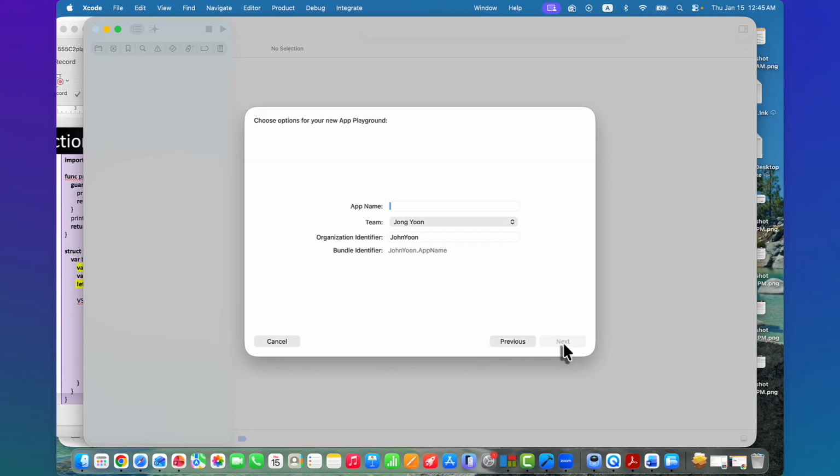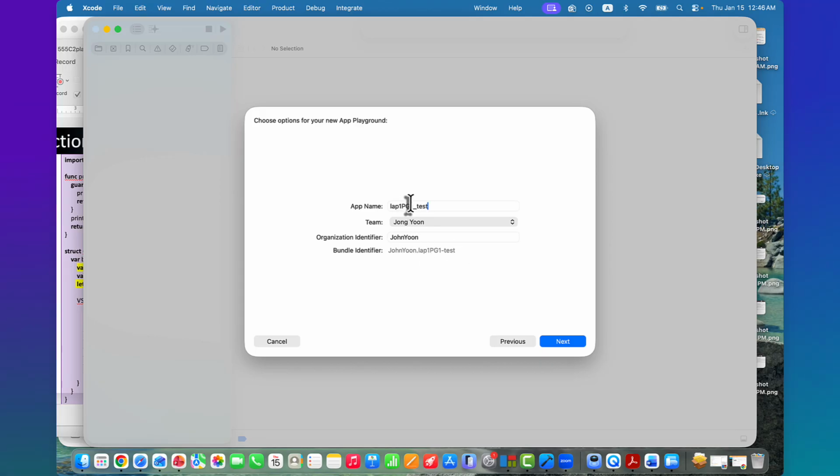Click on next, and then the name of that playground, so that we can say lab 1 playground 1 test. And then the team, this is my name, and I already made that, right?